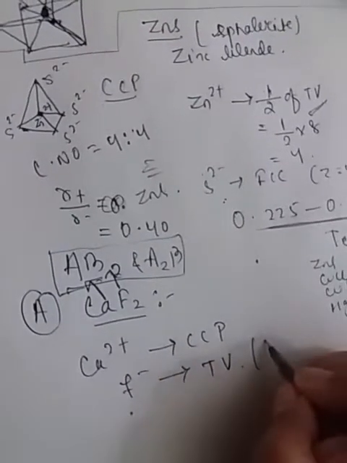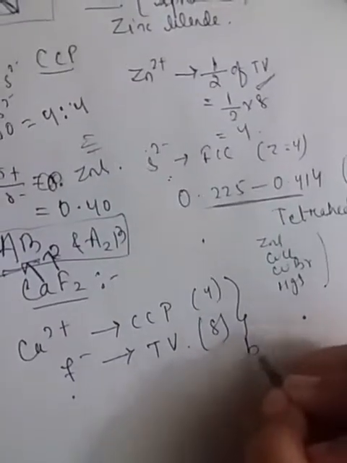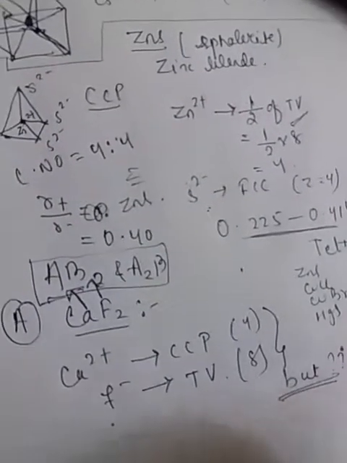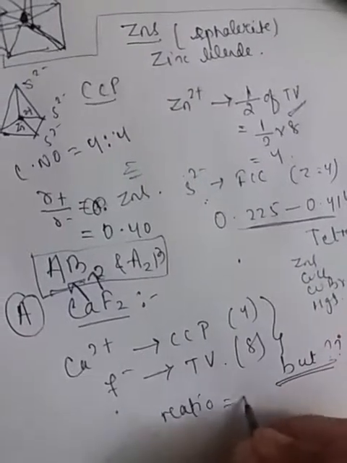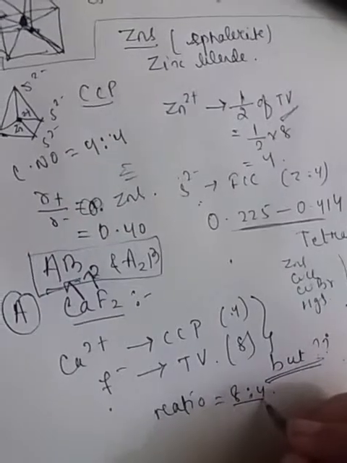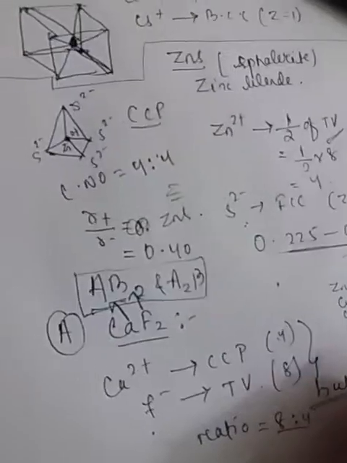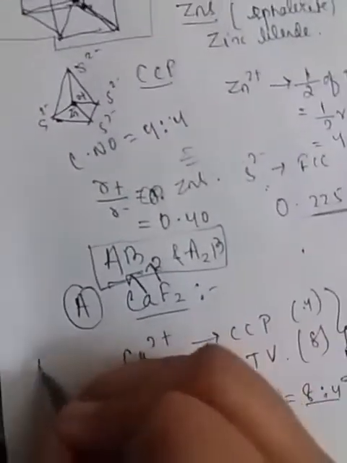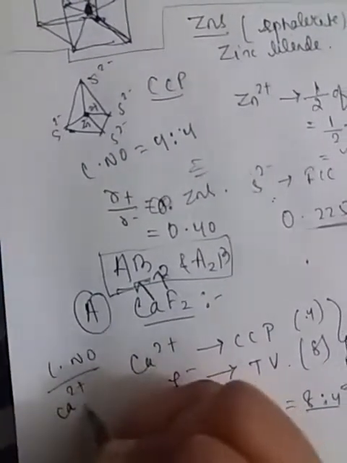So here it is 8 and here it is 4. But the question comes, why? It is because the ratio is 8:4, not 4:8. It is 8:4. But why? The question arises here. It is because the coordination number of the calcium ion is 8,